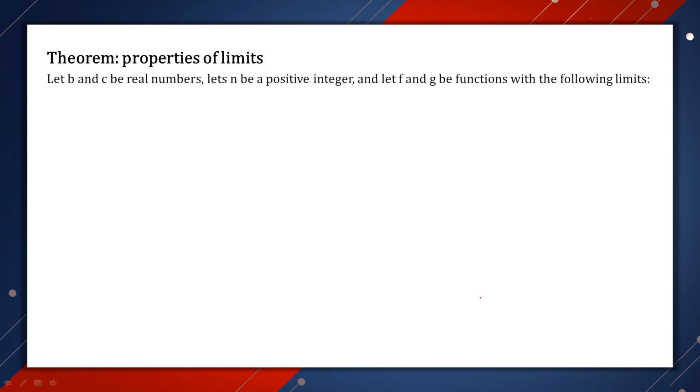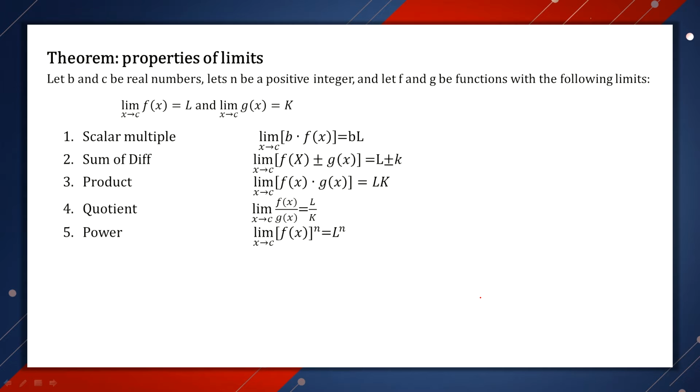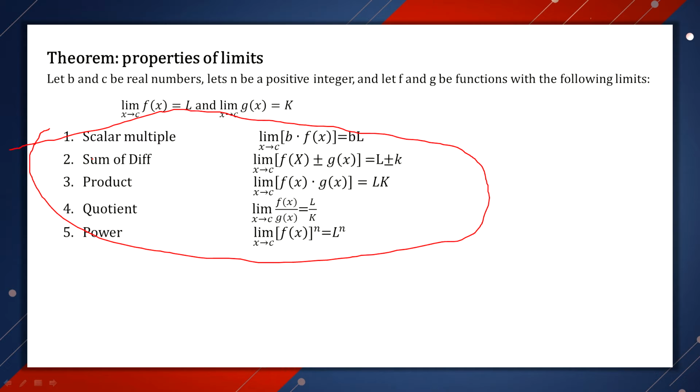And the next is the theorem, properties of limits. Let b and c be real numbers. Let n be a positive integer, and let f and g be functions with the following limits, like this. And we can get this list of functions. We have 5 functions. First is